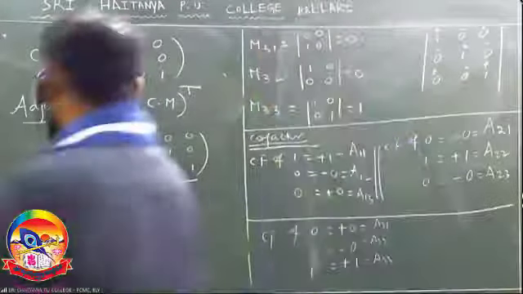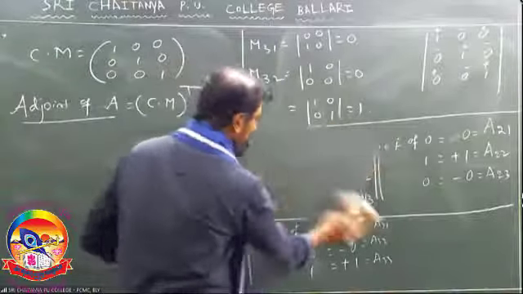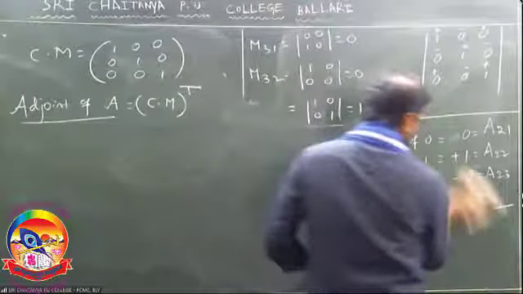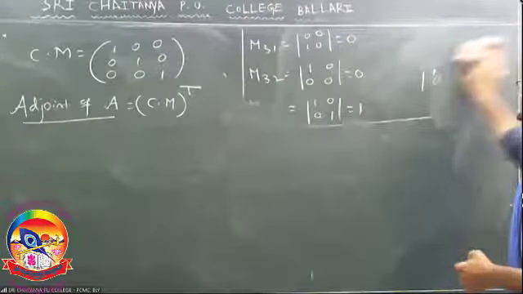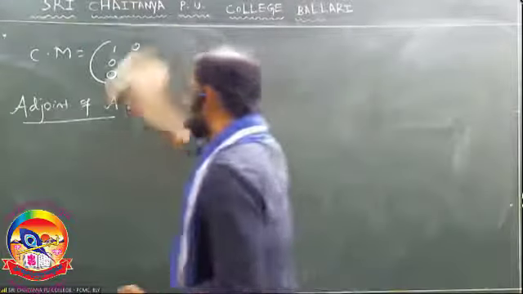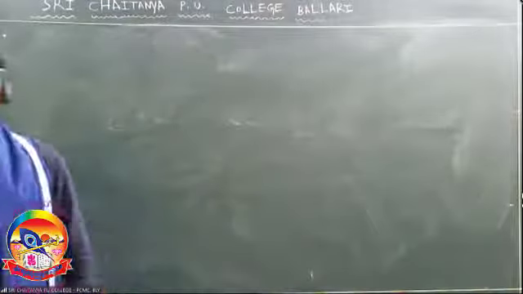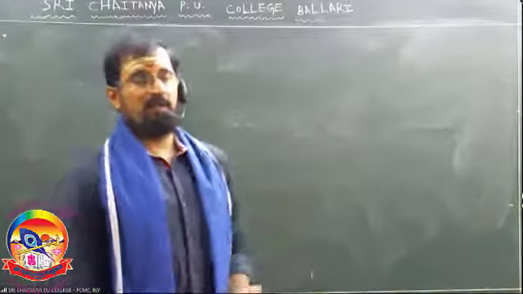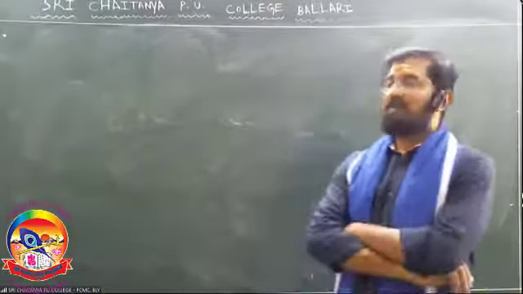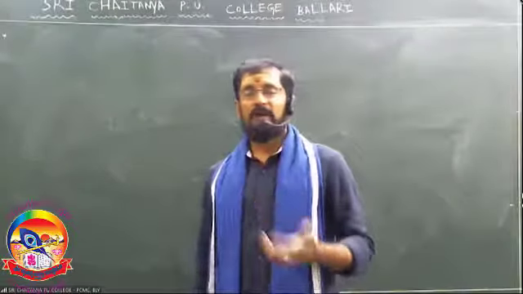Without doing these problems, you can't get a 5 marks question. You are going to get one 5 marks question by cofactors and adjoint and minor. Each and everything is linked. In the next exercise, you are going to find the inverse of one matrix. A inverse is equal to adjoint A by determinant. At that time, you should find out adjoint A.